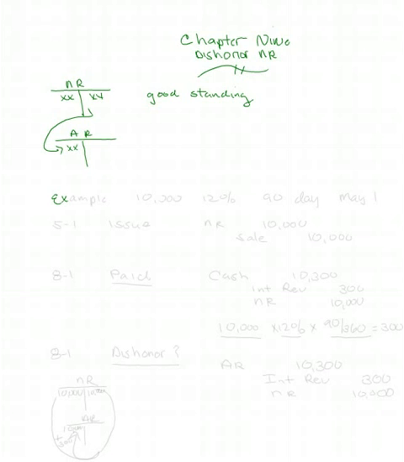Let's use an example of a notes receivable in the amount of $10,000. We'll have it be a 12% note. We'll have it be a 90-day note. We'll do it by days, and it will be issued May 1st. So there's our facts. On May 1st,